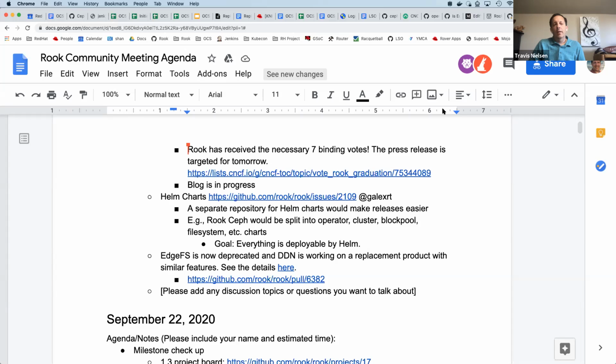Right. Well, and we only right now publish the Helm chart for the latest release anyway. As soon as v1.4.0 came out, we stopped publishing the 1.3 charts because 1.4 was now our release channel. So that's an interesting thought, I guess, to have an independent Helm chart repo where we could move quicker on those changes. And it would more or less also force the whole thing to move forward all the time.